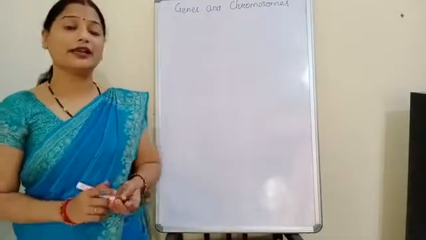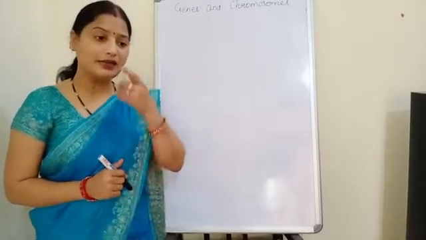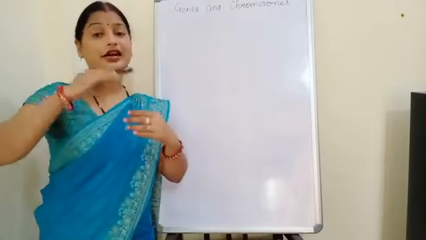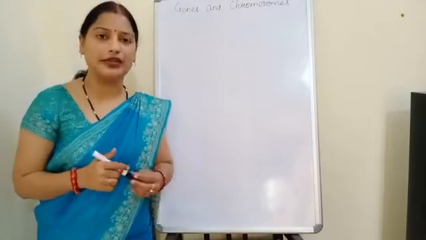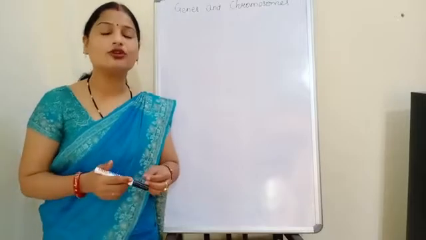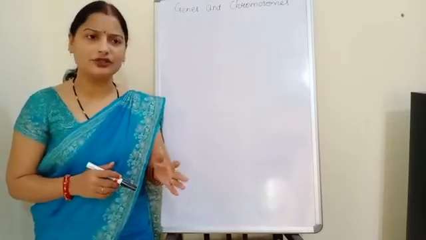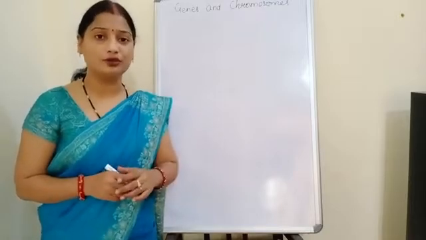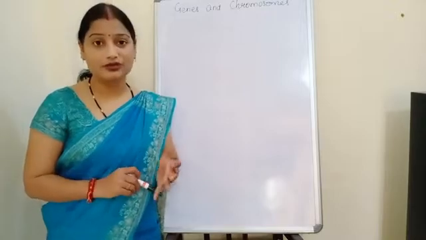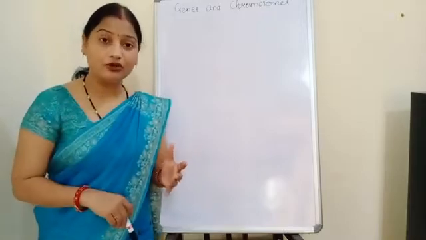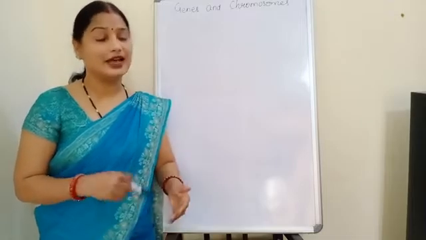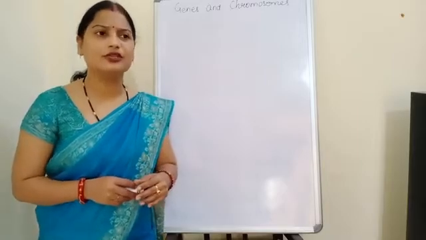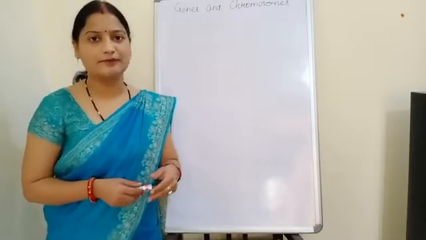Okay children, so I gave you total 8 questions to do. Now see, when I was giving you question number 3 and when I was showing the figure, then just above that 1 to 5 questions were also there. So those who wish to do those questions, they can do that also. That is not compulsory. But all these diagrammatic figures are important to do in the notebook. So children, now don't waste your time and just prepare the notebook and write down these answers as well as you can prepare your notes also. Now in the next video, we will start with the chapter number 3, that is genetics. Okay, thank you.